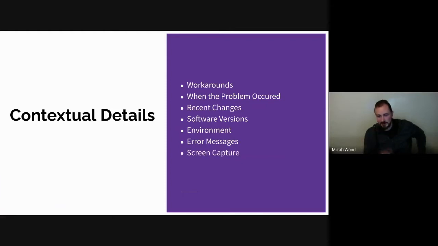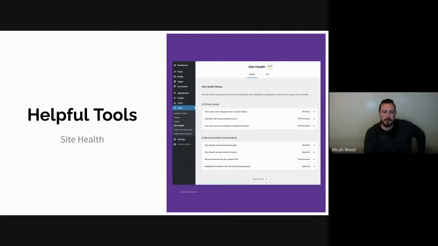And so again, screen captures are very helpful, especially if you have to communicate your problem to somebody else. They can see the issue. And even if you can get a video as well, that's a good way to do it. So we're going to show you a few things that you need to be aware of so you can kind of automatically grab the information that you need to help you start this documentation process.